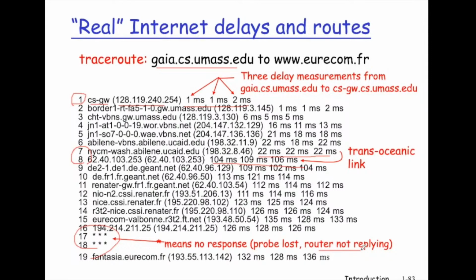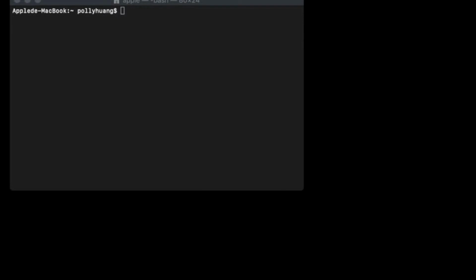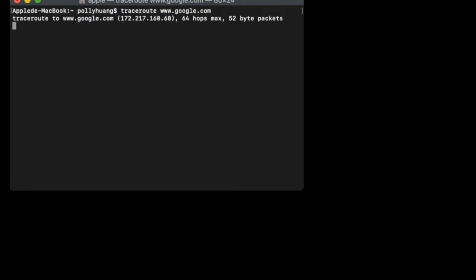Well, let's try sending a traceroute ourselves from here. How about that? Let's go over to a terminal and then traceroute to, say, Google. How about that? All right. Good. First hop router. Well, it didn't tell me the name of the router, so chances are high that the router doesn't have a name. Okay. Delay reasonable. 10 milliseconds, 3 milliseconds, and another 3 milliseconds.